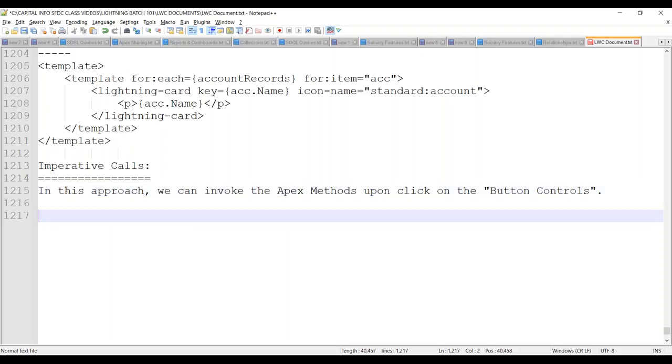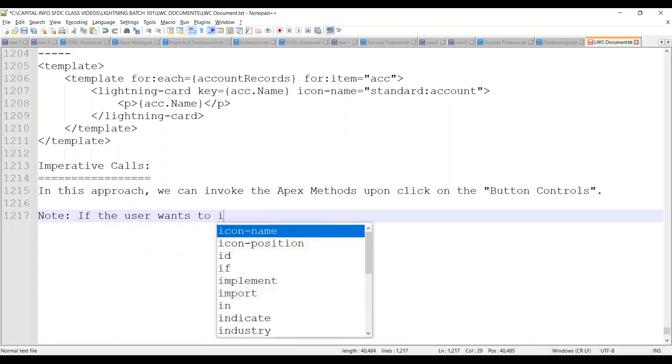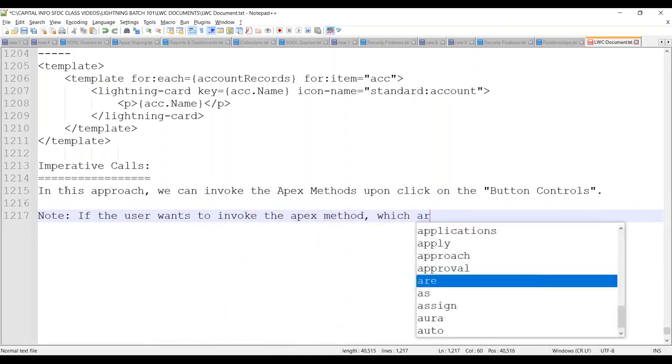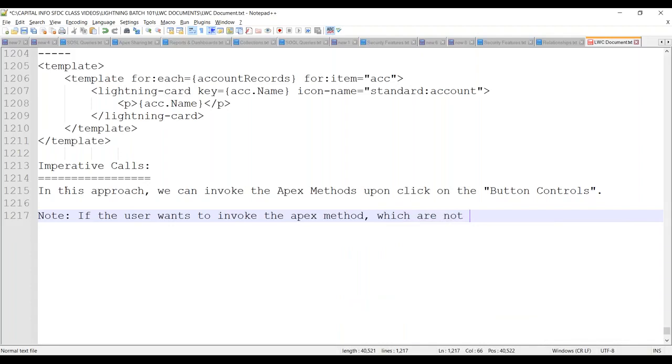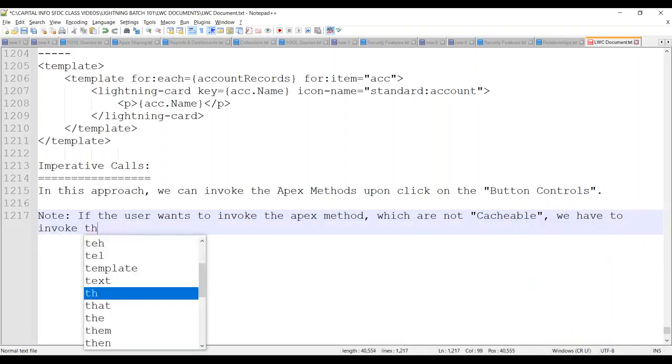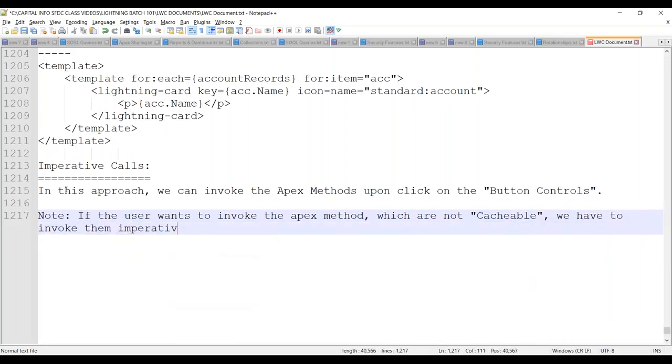Now, note, if the user wants to invoke the Apex methods which are not cacheable, we have to invoke them imperatively. That is,